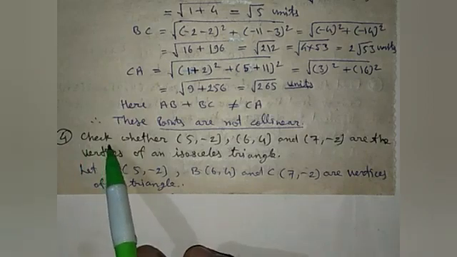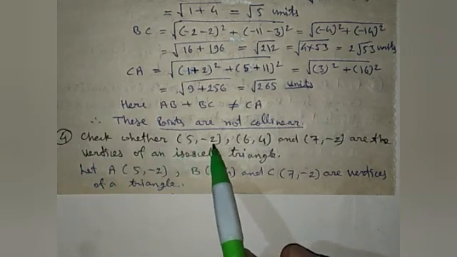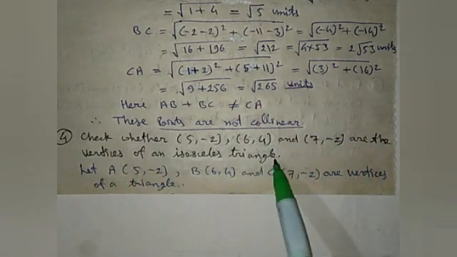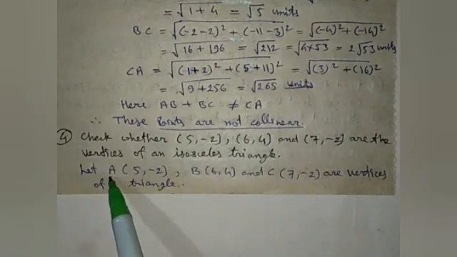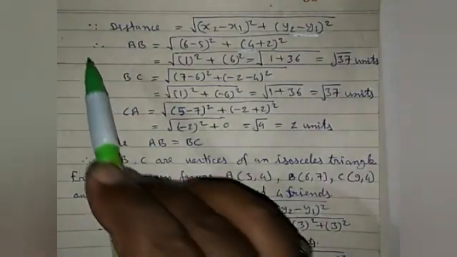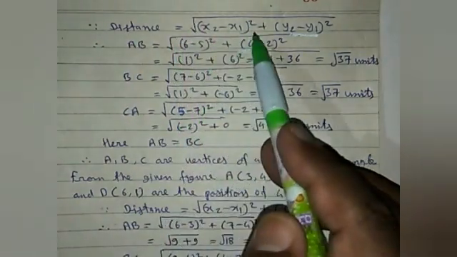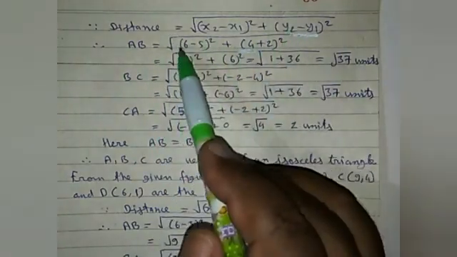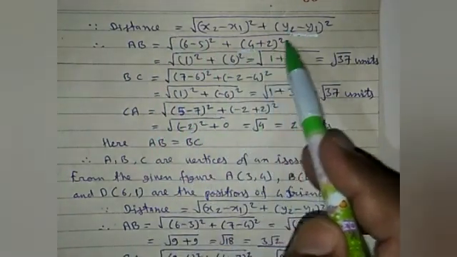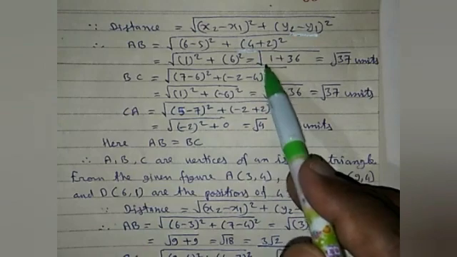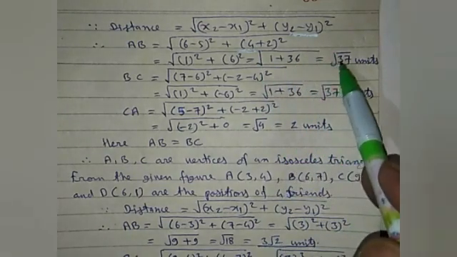In question number 4, check whether points (5, -2), (6, 4) and (7, -2) are the vertices of an isosceles triangle. So here let points A (5, -2), B (6, 4), C (7, -2) be the vertices of a triangle ABC. Since distance is equal to under root x2 minus x1 whole square plus y2 minus y1 whole square, hence AB is equal to under root 6 minus 5 whole square plus 4 plus 2 whole square, that is equal to under root 1 square plus 6 square, which is equal to 1 plus 36, that is equal to root 37